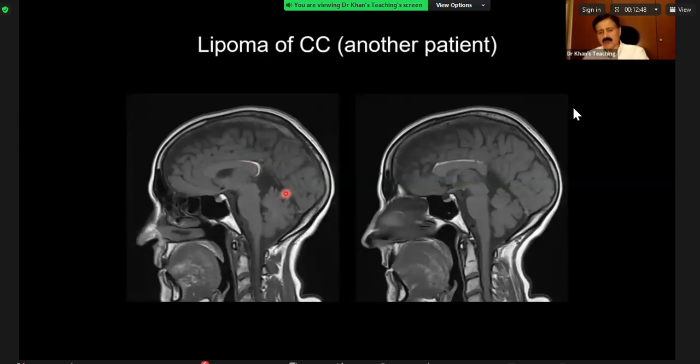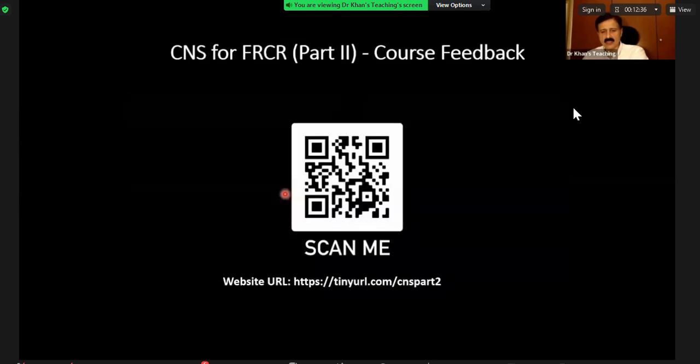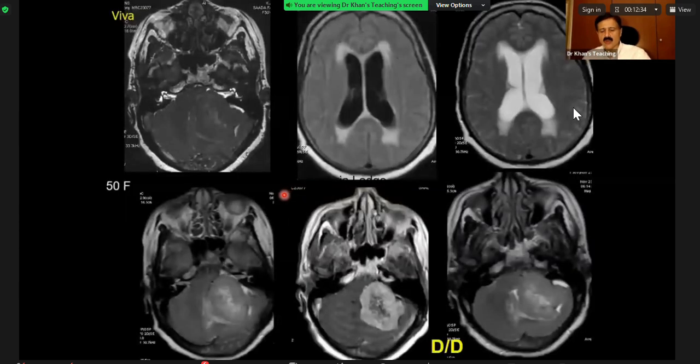Lipoma of the corpus callosum can be an incidental finding. It can also come in the exam with agenesis of the corpus callosum, which I'll show you later on in the congenital wall. It's an important exam case. Okay, last differential diagnosis of the day,